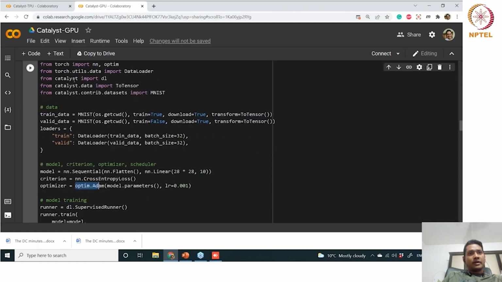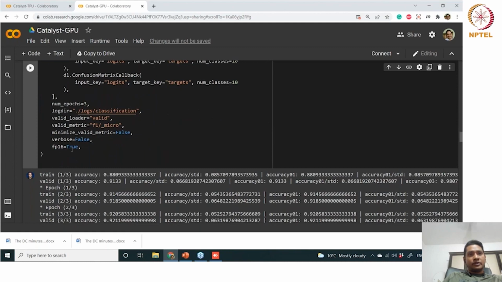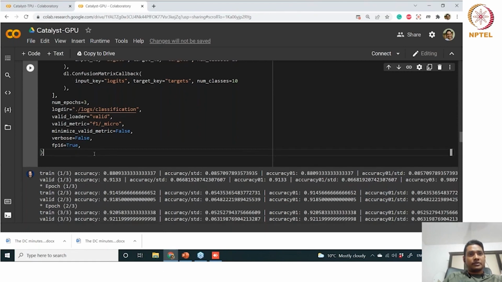so once we have actually imported Catalyst, everything is imported here. You do not need to import the AMP explicitly, but since everything is imported, you can use the mixed precision support automatically. Okay? And this will actually switch the mixed precision support to the native PyTorch support. Okay, so this will not use the NVIDIA Apex library, but it will use the native PyTorch mixed precision.